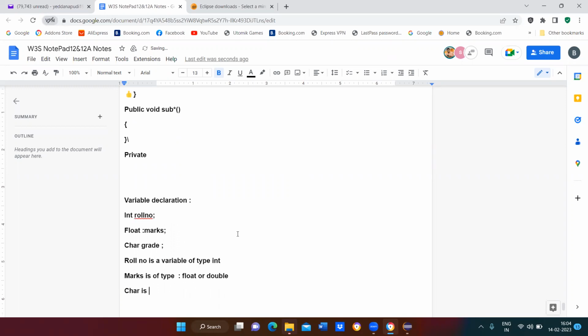Next, grade is a variable of type character. Here, what is it? Grade. Grade is of which data type? Grade is of type character.